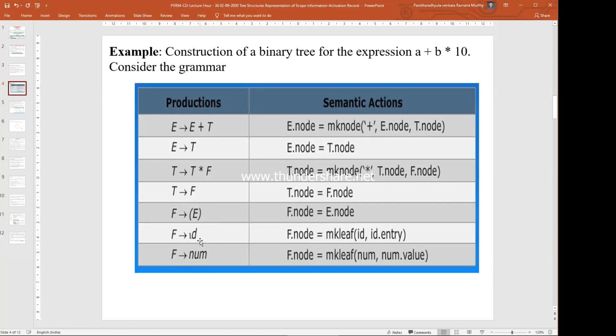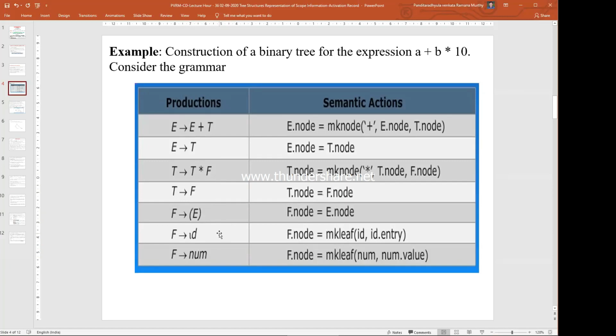Similarly, now F derives id. Instead of non-terminals, we are directly coming to the terminals, because we always identify terminals as leaf nodes. Terminal symbols are created as leaf nodes in the syntax directed tree, or simply the syntax tree.